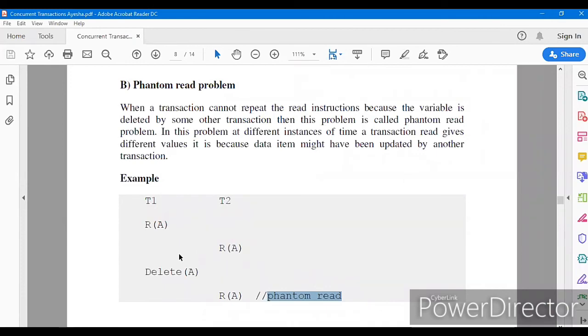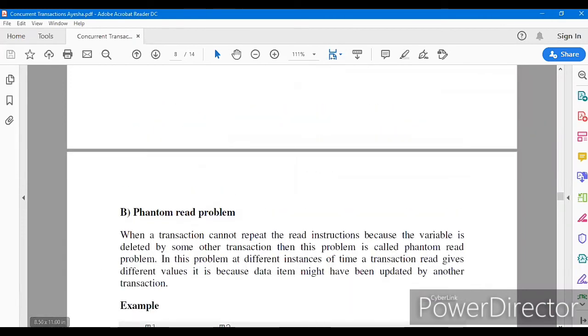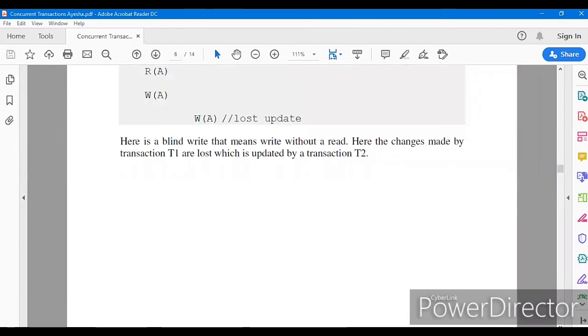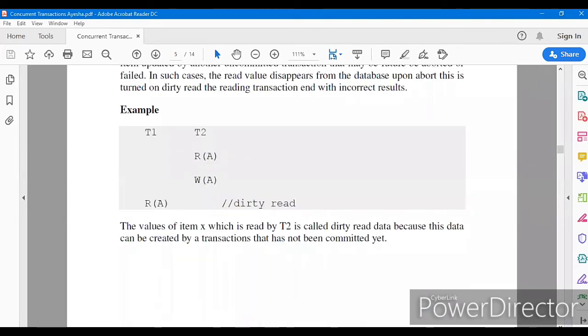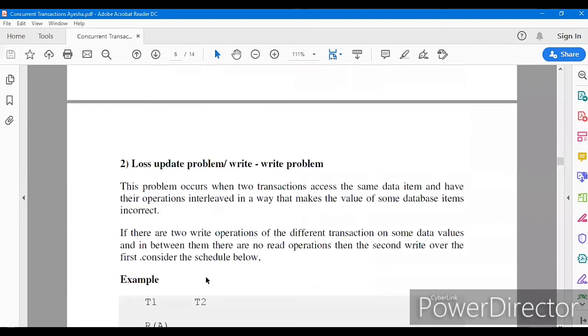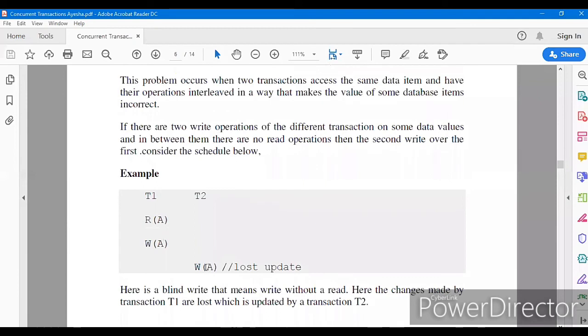First is the dirty read. In the dirty read problem, we are trying to read the data before the commit operation, so we may get different, incorrect values. In lost update, this is called a blind write: before reading the value it is trying to update it.